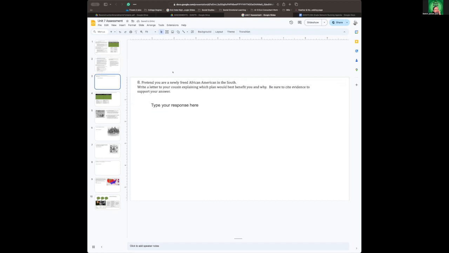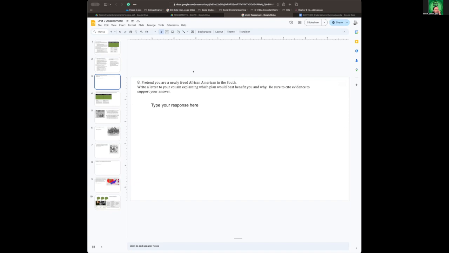Getting to this one, it is an extended response question. In this particular case, we're being very careful with the wording here. It's not a good idea to do a scenario-based prompt on slavery where you ask them to picture their lives as a slave and write about that. What we're trying to do here is get kids to think about what they've learned about life for African Americans in the South. And we want them in this case to decide which plan would be of best benefit for